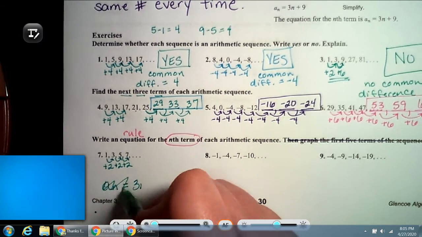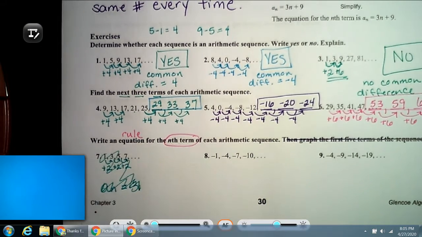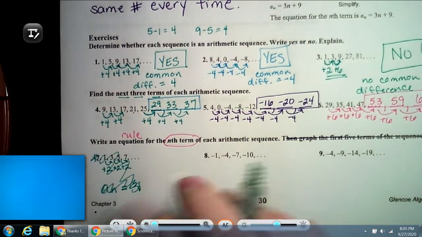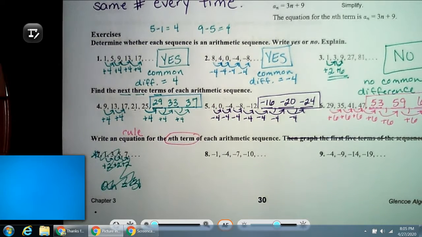You know what? Hold on. I'm going to have to go back and stop that video. Let me get myself straight. I haven't done arithmetic sequences in a while. So I'm going to go back and